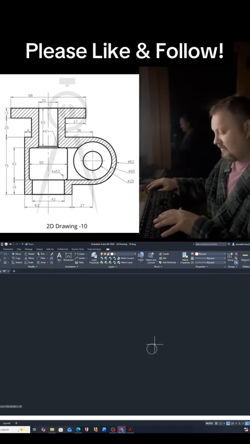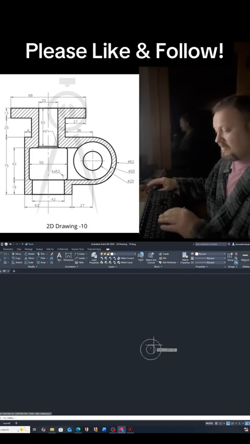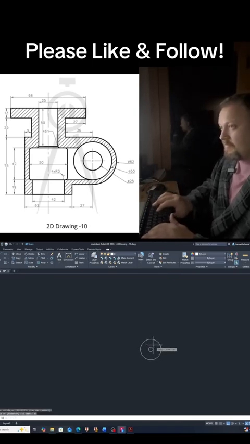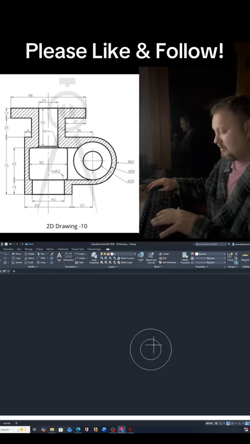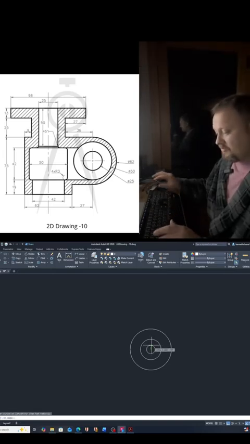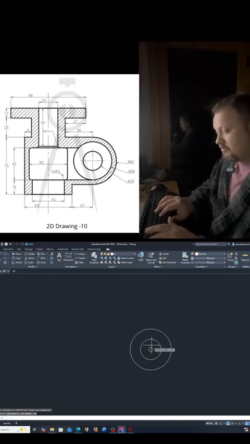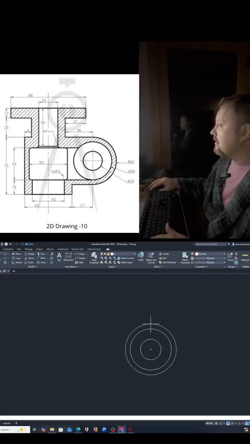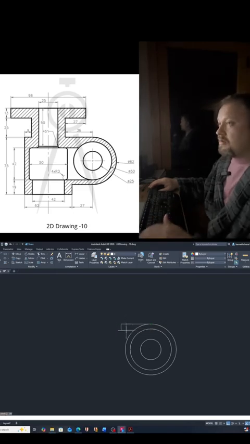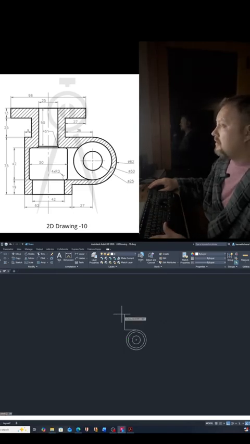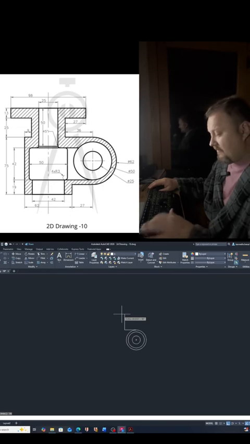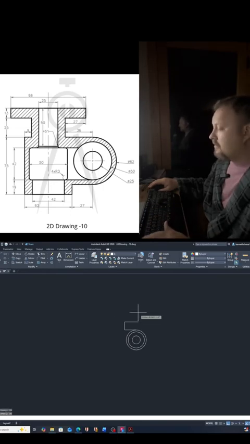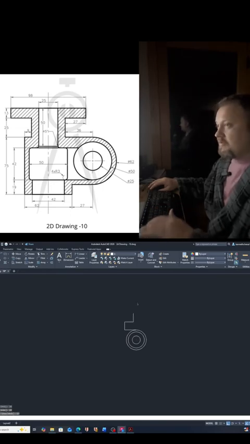Then we have a diameter of 50, and then a diameter of 62. Okay, and we know that from the quadrant here, we come over 36, up 25, over 27,